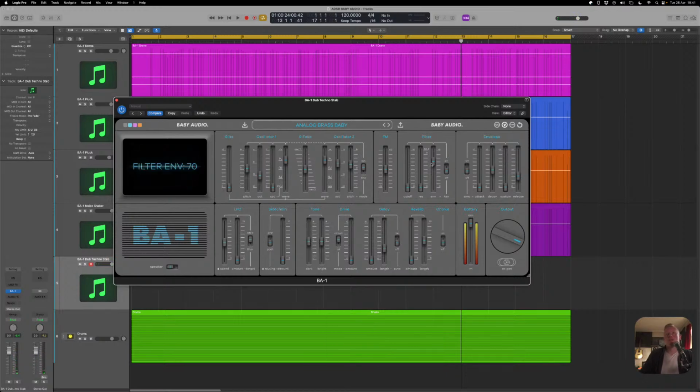And again, the envelope is all the way like up almost here, so we are getting that nice top end. Decay and release are actually very similar to where I would like them to be. So what we could actually do is bring the envelope level down, because I want that warm, almost like bassy kind of sound first. It's a very basic sound, but it really works nicely. And a lot of it comes down to how the reverb and the delays work with it as well. So again, I can bring up,